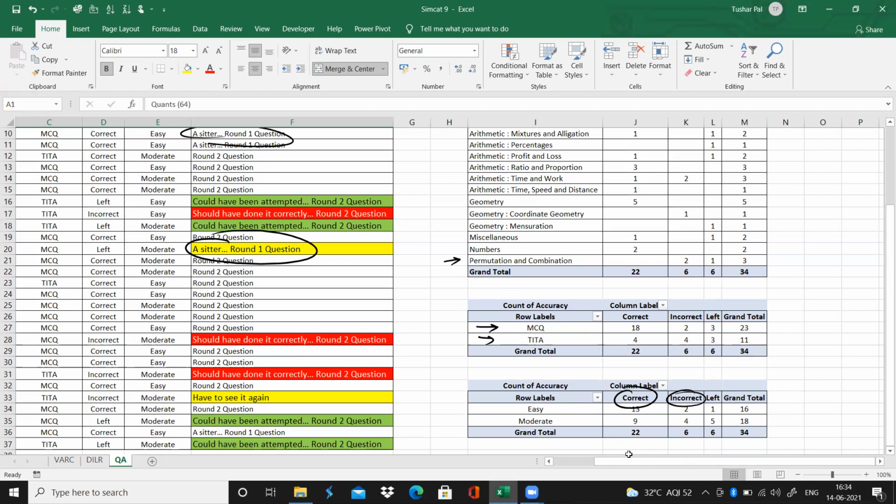I hope you understood the relevance of such mock analysis. Now, the last thing to learn from this video is the color coding. I have my own color coding, you can have your own. Red color for me is the danger sign. That means I know that question, I could have solved it correctly, but something happened in that paper. I did some silly mistake or something happened and I couldn't solve it correctly. So this is my danger sign. I lose my marks in it.